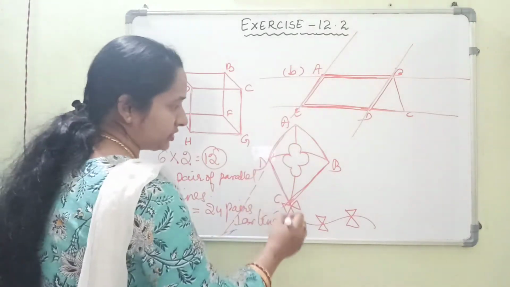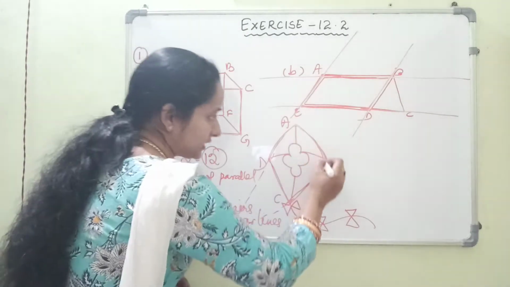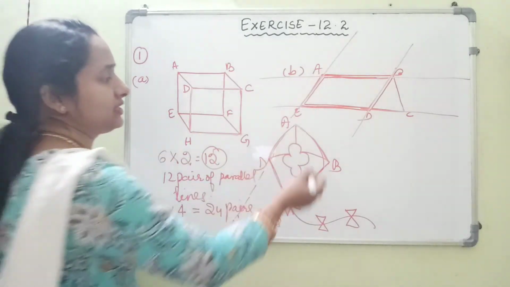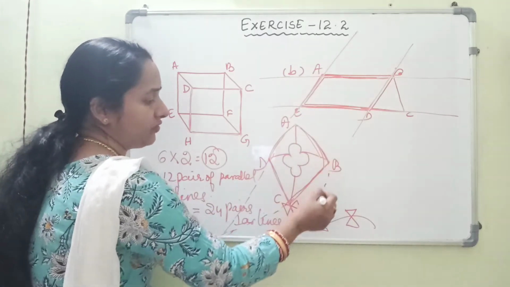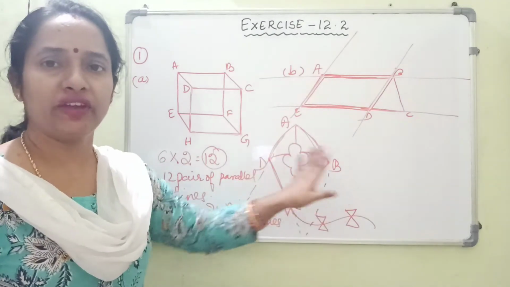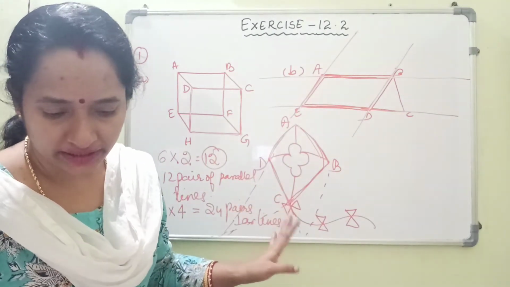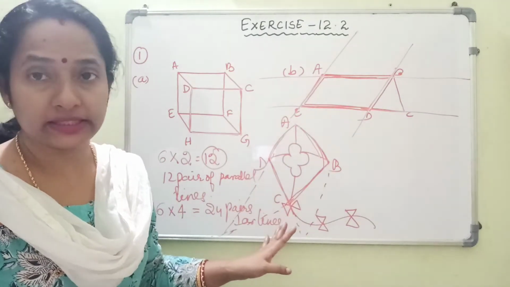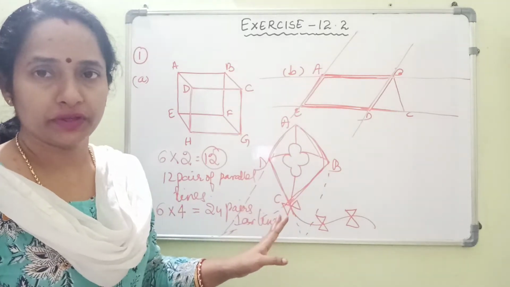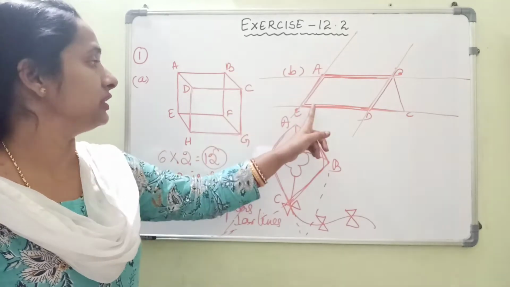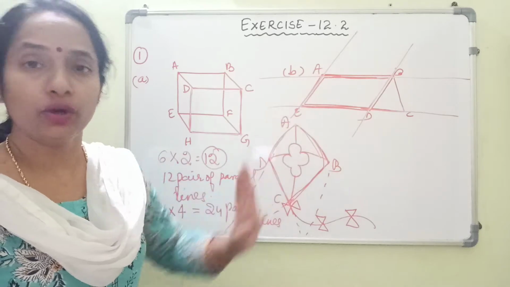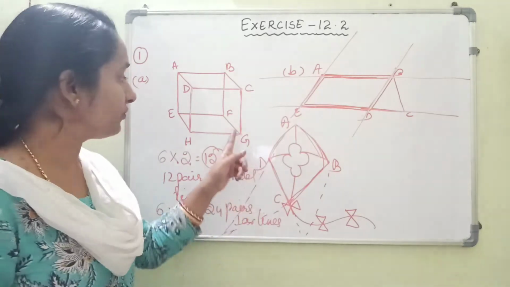Even if you observe this pair of lines also, one is curved, it's not straight, and the other one is a little bit straight. So definitely, as this is the curved one, somewhere if you extend it, it can meet. So in this figure we don't have any set of parallel lines, and we don't have any perpendicular lines also. And in these figures also we don't have any perpendicular lines. Okay children, so this is the case of the first question.